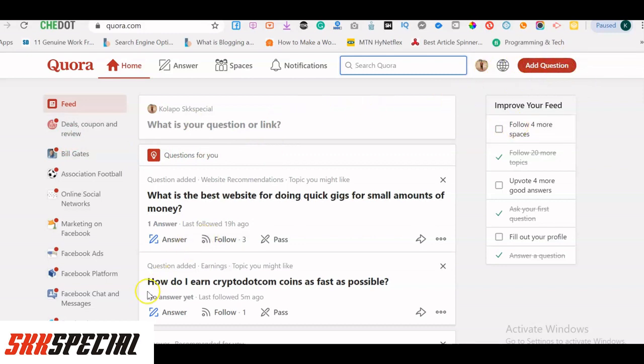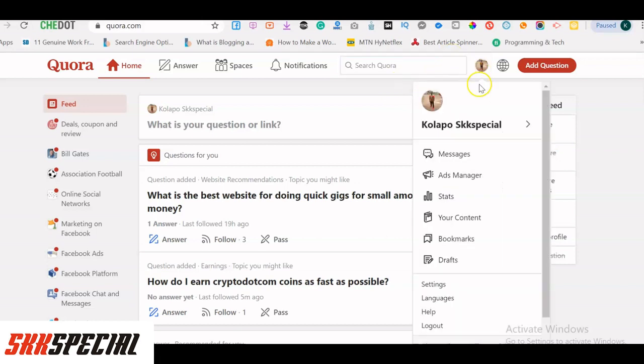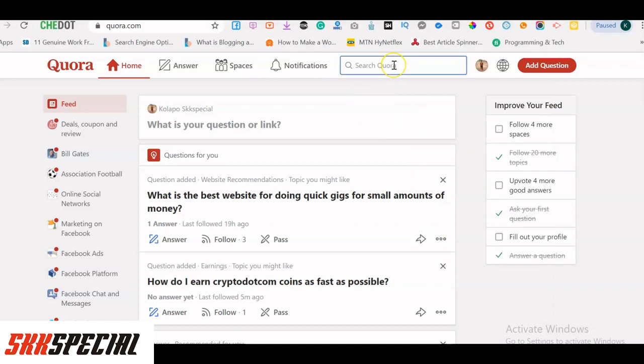So Quora is a question and answer website. It is a website where you can post questions and people will answer those questions. You can ask questions and you can also answer questions. So by answering questions, you can use that avenue to promote your Fiverr gig. Now let us look at how we're gonna do that. Before I forget, there are two ways you can do that. Number one, you can promote your gig using the Quora ads. This one is going to be paid, but let's talk about the free option here,